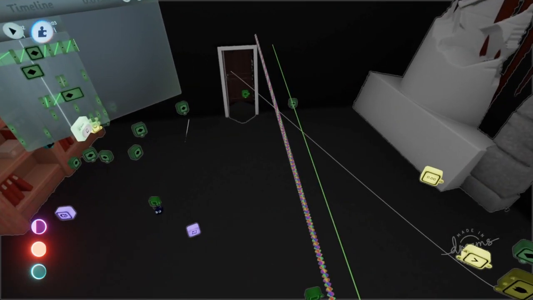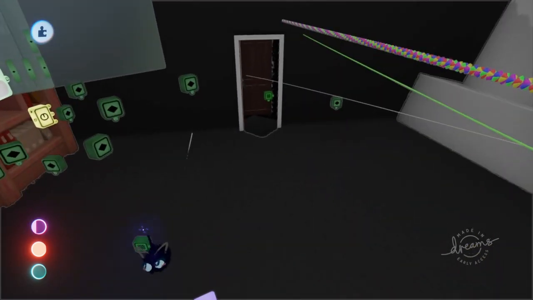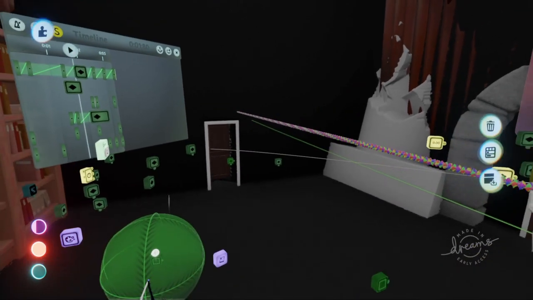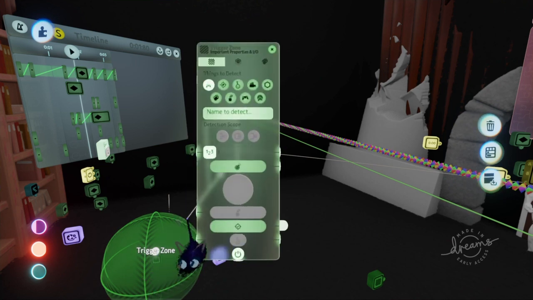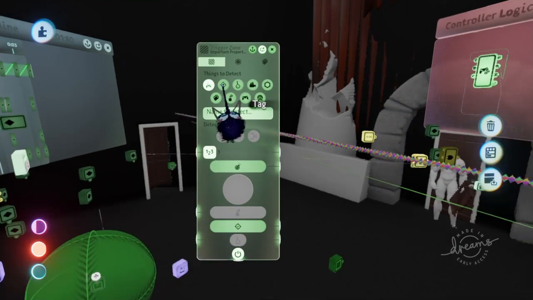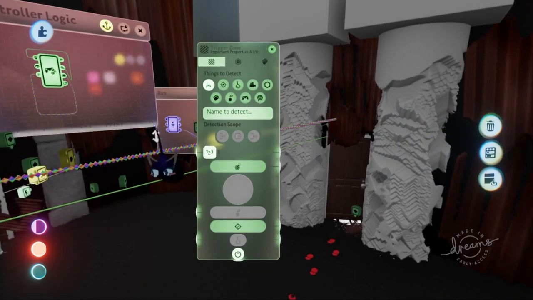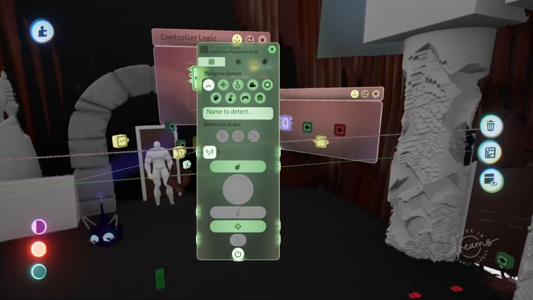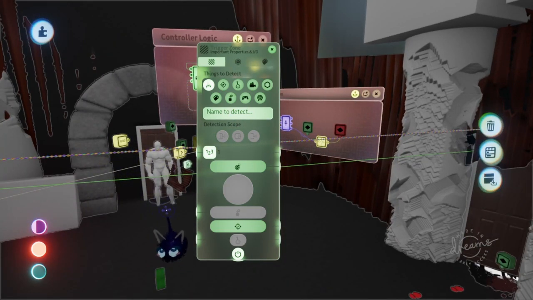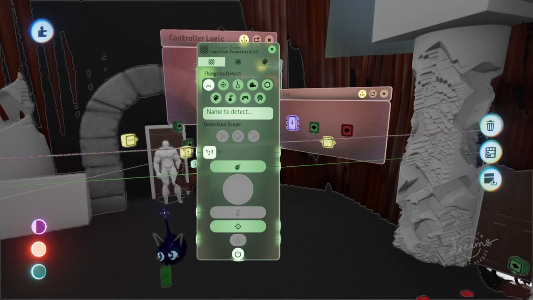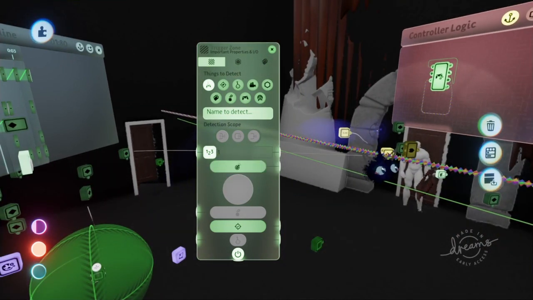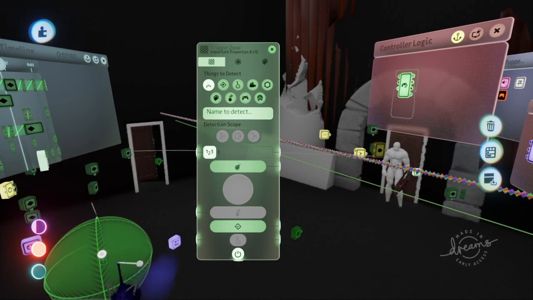So let's say that your main character is within this trigger zone. You have a tag inside of its puppet microchip. Press L1 and actually see a microchip at the bottom along with the blue circle and purple circle, and then put a tag in there, name your tag, and then put the tag name right here. Then whenever it walks inside of here,